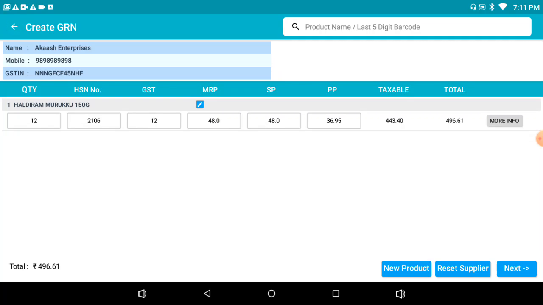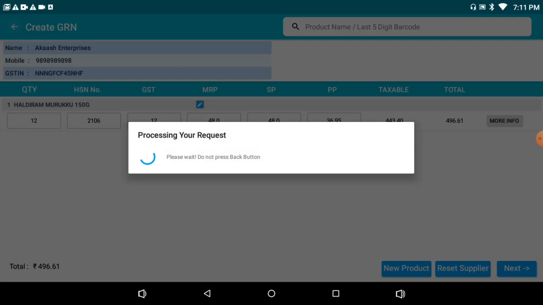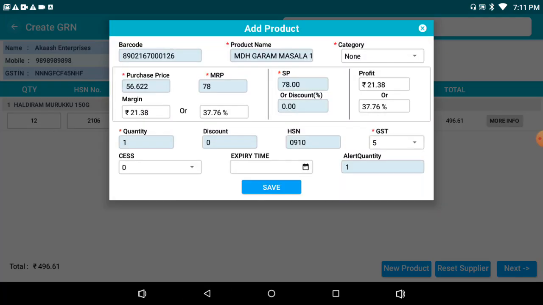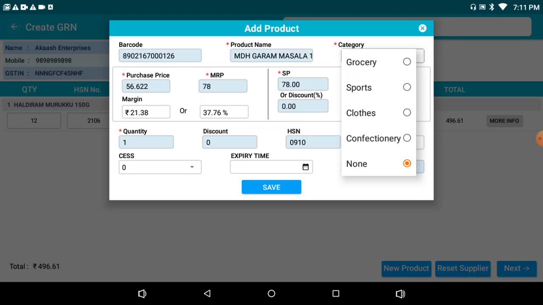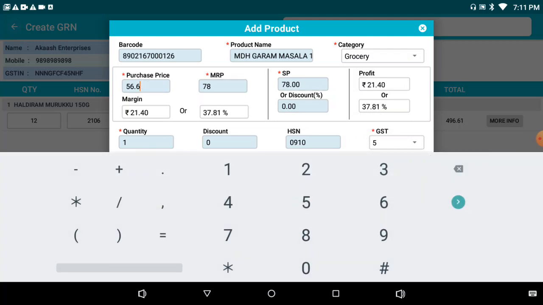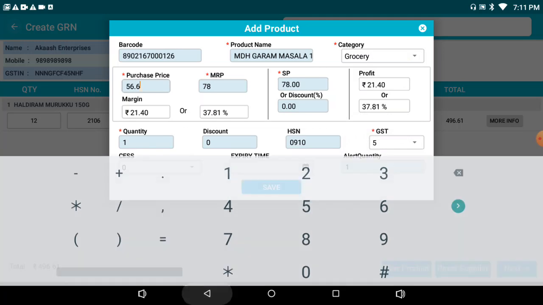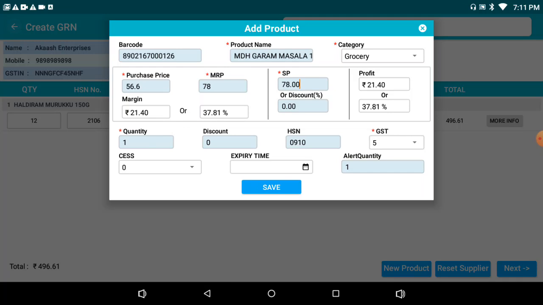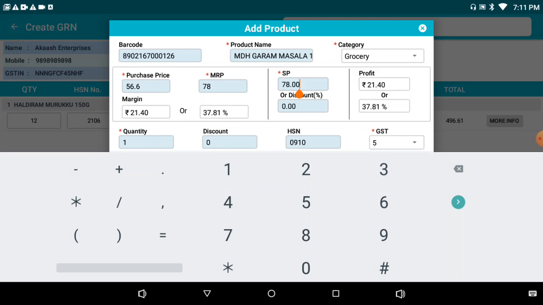Again we'll scan the barcode of one other product. This product we'll again be putting under the grocery section. Purchase price, if we want to update the purchase price as 56.6, and if we want to make any changes to selling price or MRP, we can do so.